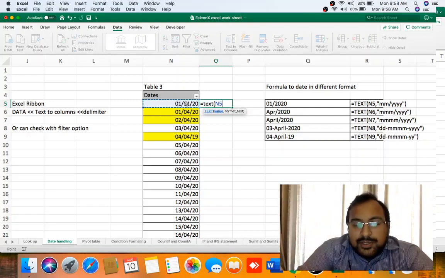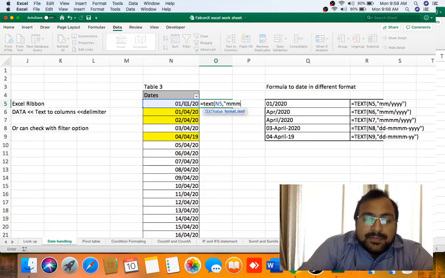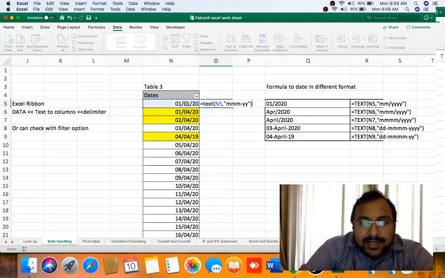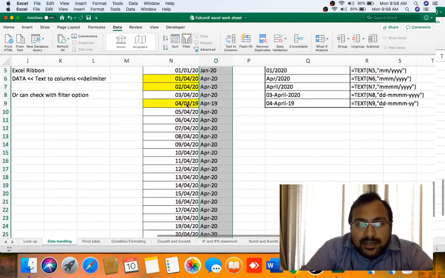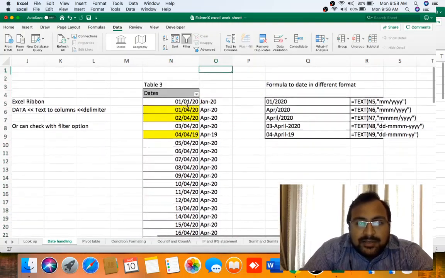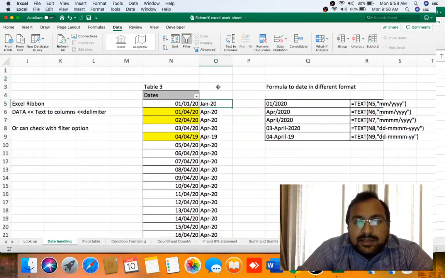So first argument is over. Now comma. Second, in which format you want. I need mmm dash yy, bracket close. Here as you can see, we got the answer and copy pasted the formula. This way you can easily get the month.